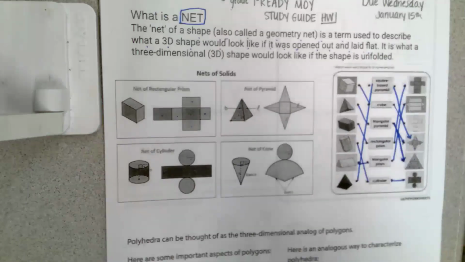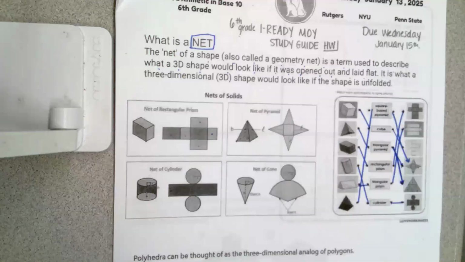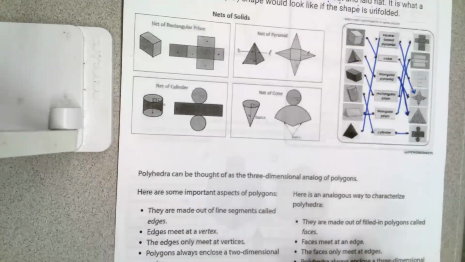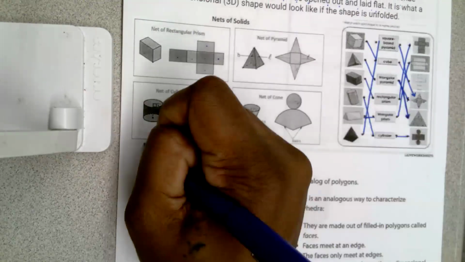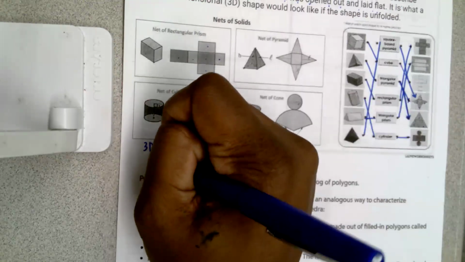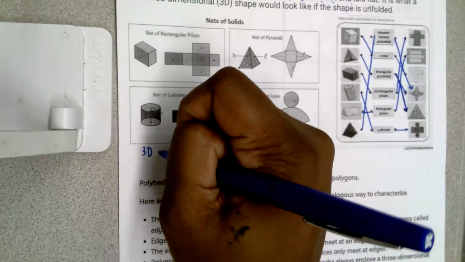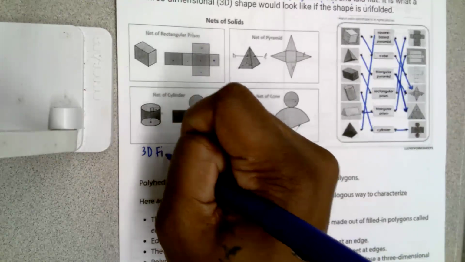So, in today's lesson, we're going to be focusing on polyhedra, right? So, what is a polyhedra? A polyhedra is a 3D figure, and you want to write these notes so that you can remember it. A 3D figure